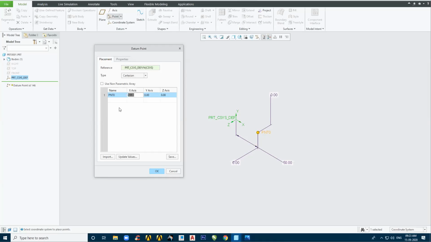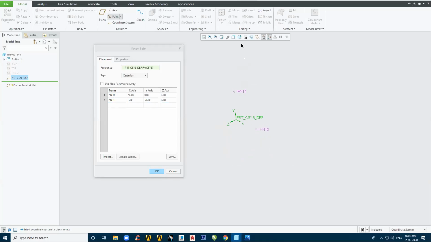Now let us add one more point, Y-axis 50 mm. I just click here, and a new point has been added at Y-axis 50 mm.